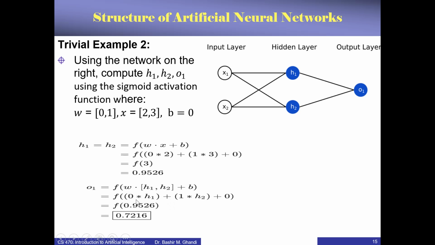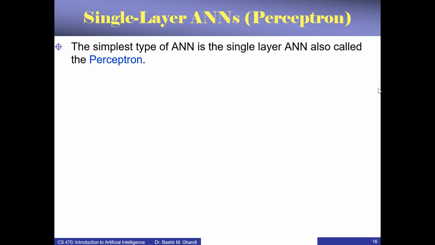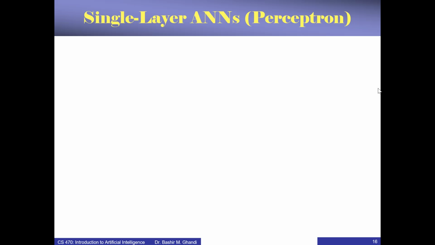So we're going to have 0 times H1. So obviously it means that this term will be eliminated. We are left with just the H2. H2, if you multiply by the weight 1 we will have just the H2. Okay, so just apply the activation function F and you will have 0.7216 as the result. Okay, so this is just to give you an example of how this computation is done in real life. But now let's start to look at the neural networks in more detail,